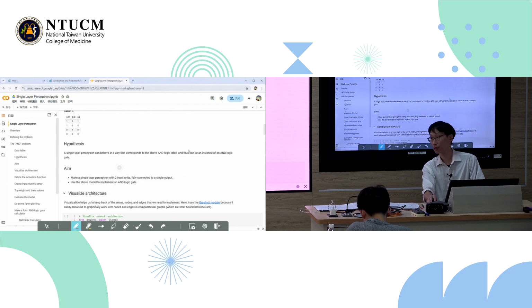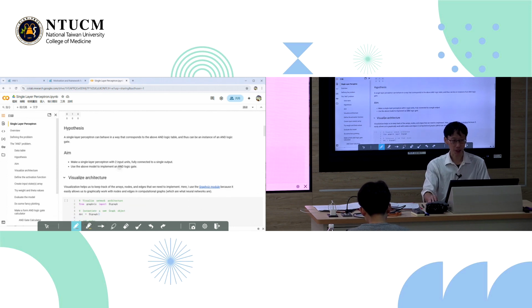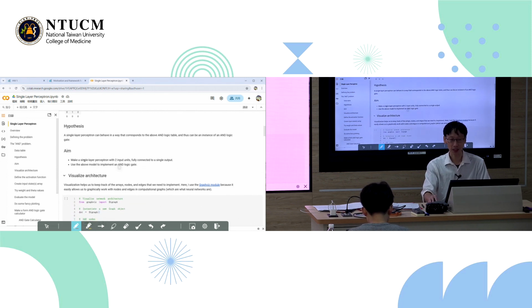And therefore this system is an AND logic gate. There are other kinds of logic gates, but if this system does this, it can be used as an AND logic gate. And so our specific aim, therefore, is to make a single layer perceptron. That's a hypothesis, by the way.